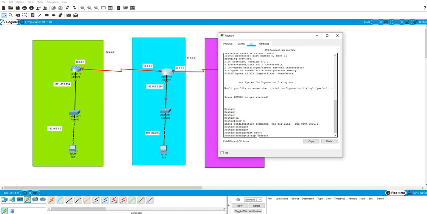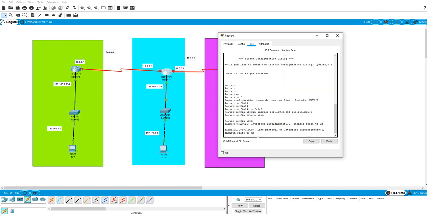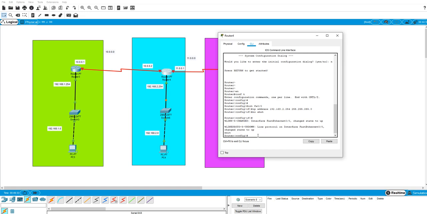IP address will be 192.168.2.254, and that is 255.255.255.0, and I'll type in no shut for no shutdown, and that one's up. Exit out, and now I'll go to interface